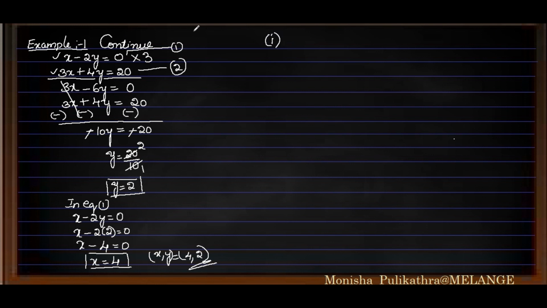Here first you have to take the first equation. The first equation is x minus 2y is equal to 0. First you need to rearrange this equation so it comes in the form of y is equal to. I will shift this minus 2y to the right hand side, and it becomes plus 2y. Next I will shift this 2 from 2 into y to the left hand side, and it becomes x by 2 is equal to y. So this is one equation. Next you need to draw a box.